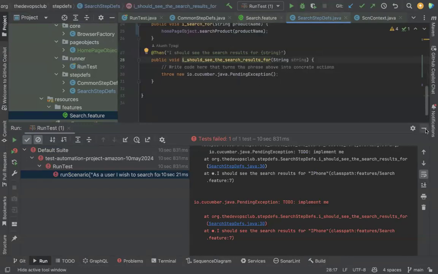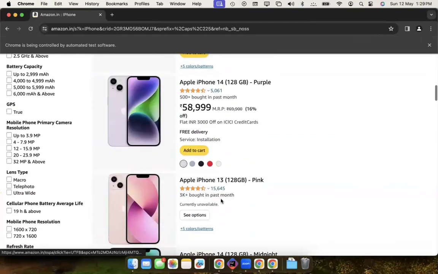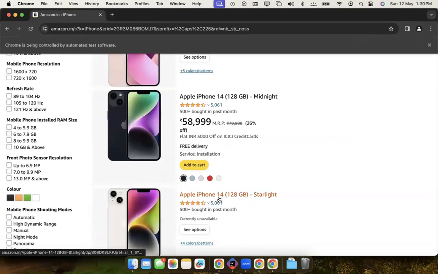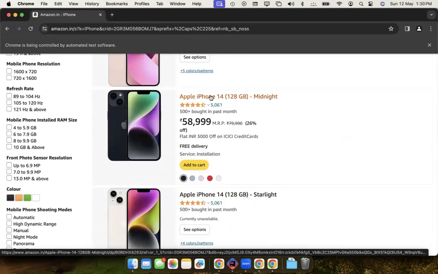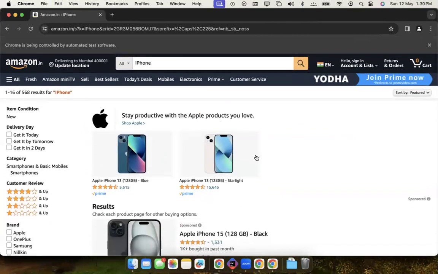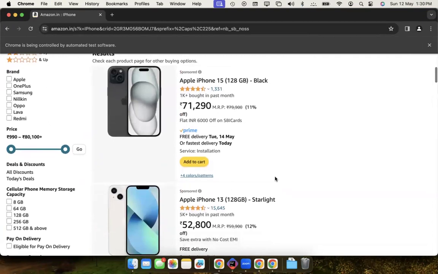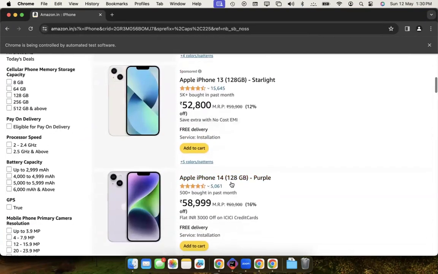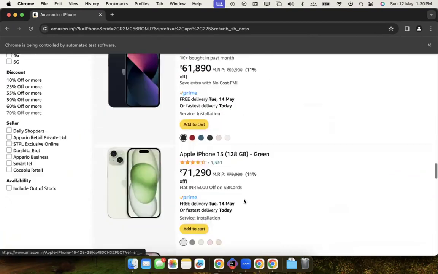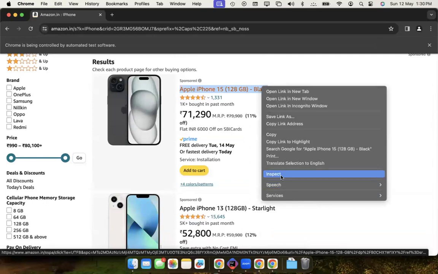Now I want to implement this one. How will I go and implement it? What I want to do is, once I search for iPhone, all the elements which are coming here should contain Apple or should contain iPhone. Only then can I validate that the search functionality of this website is working correctly. Now to do this, I need to capture all the text from various elements here. So how many elements do we have? Let's see. If I click on inspect